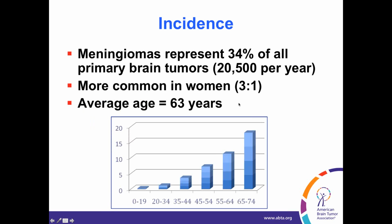Meningiomas are common. They represent a little over a third of all primary brain tumors, that is, tumors that start in the brain. And approximately 21,000 patients will be diagnosed each year. They're much more common in women than men in a ratio of about 3 to 1, and we think that's because of hormonal influences. Now, the average age of a patient with a meningioma is 63 years, but as you